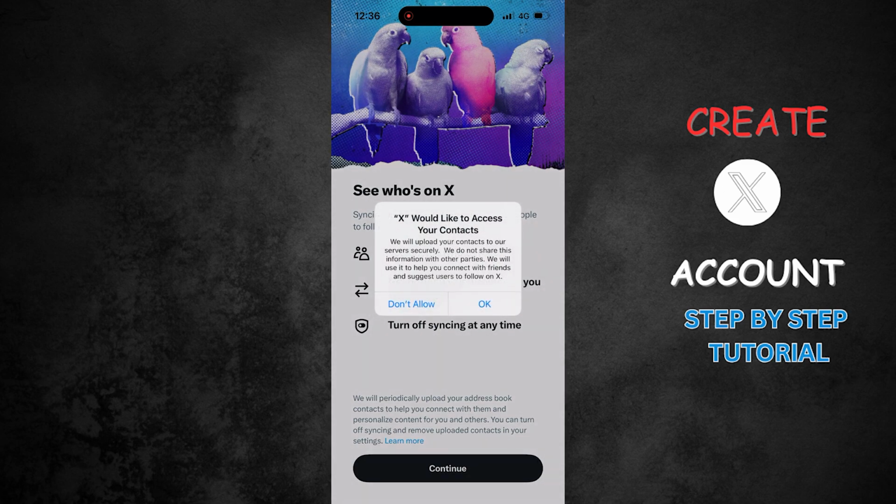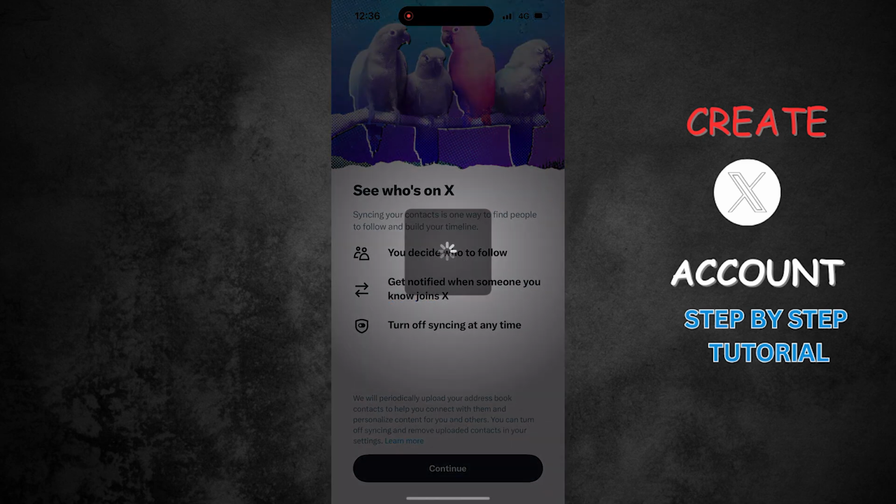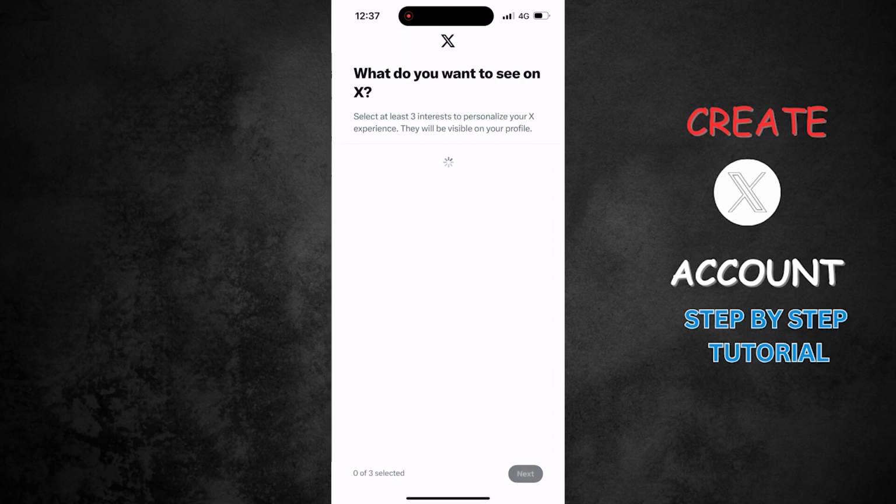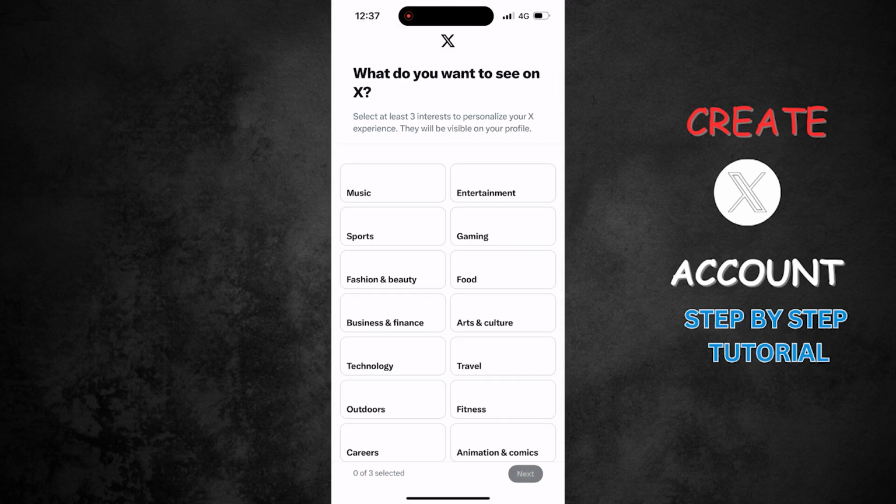Allow this X account access to your contacts if you want to do so. You can tap on OK. If you don't want to allow access, then you can tap on the option Don't Allow. Just click Next. Now, from here, the X app will then suggest some accounts and interests to follow based on your